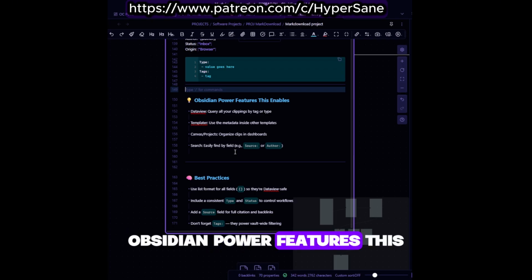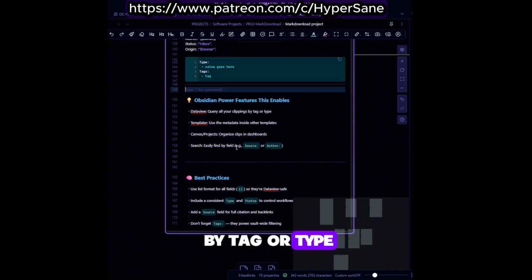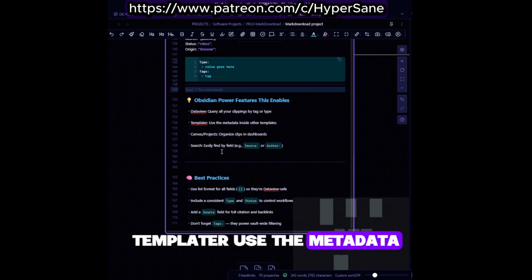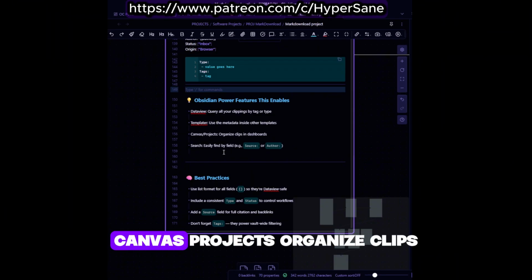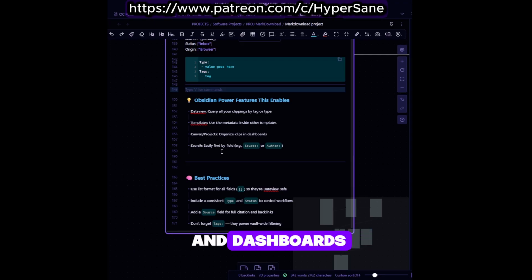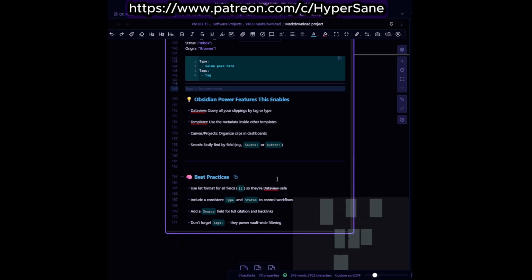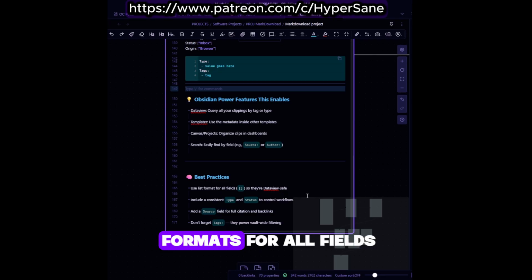Obsidian power features this enables. Dataview: query all your clippings by tag or type. Templater: use the metadata inside other templates. Canvas projects: organize clips and dashboards. Search: easily find fields, e.g. source or author. Best practices: use list formats for all fields